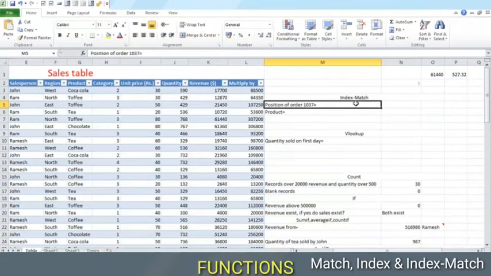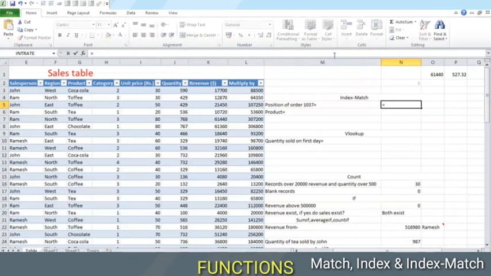The MATCH function is used to find position in an array. For example, this number is at the third position of this column. Similarly, if we want to find the position of order 1037, we write equal to MATCH.